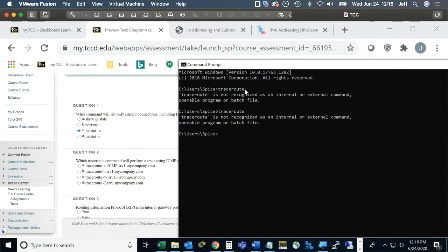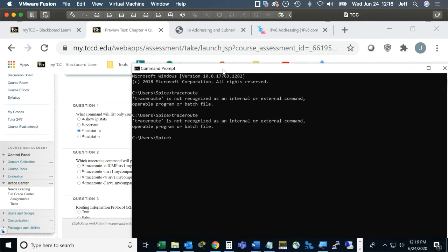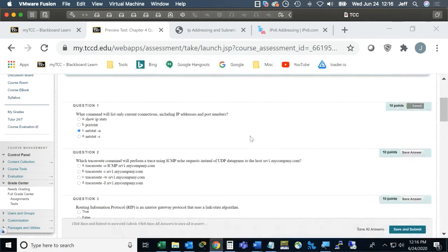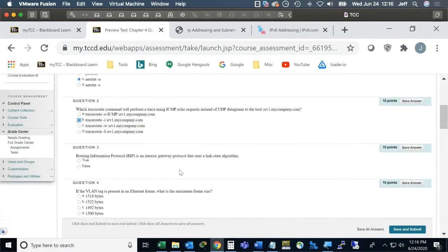Okay. That would make it D, right? Why do I not have trace route? Okay. All right. So they removed that from there. Okay. Yeah, I'm guessing it's the I. That's where I would go with it, but we'll find out. It might be A, but